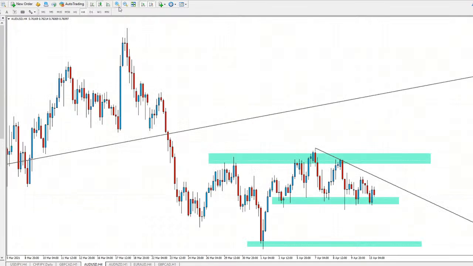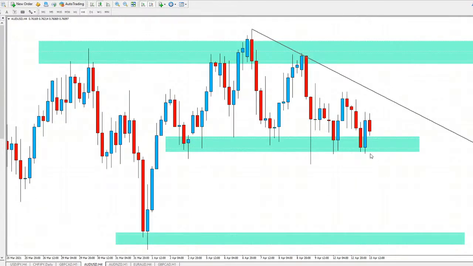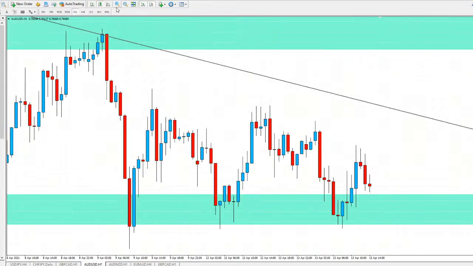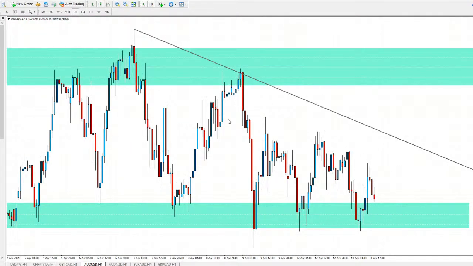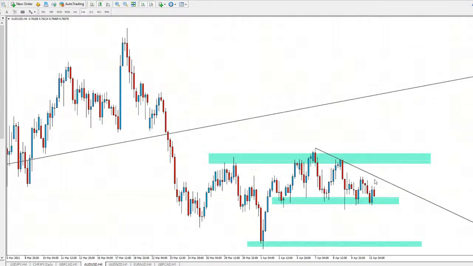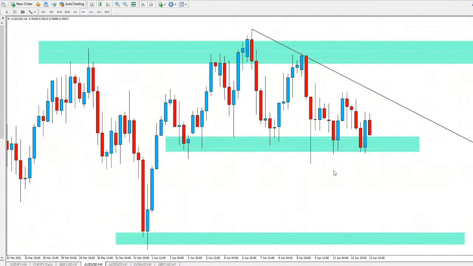But of course, you do need to take out that support there in the market first, and you can see we did get a bit of an engulfing candle there on the 4-hourly at that support. So far it is holding. We do need to take out that level. We are getting some lower highs there in the market, so it is indicating that there's a good chance we could break through it. Might see a retest of that trend line first, but overall, if you take out that support, I think there's a good probability of AUD/USD falling to the downside, back down to around